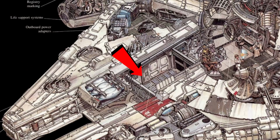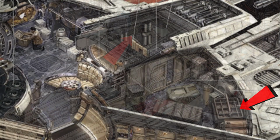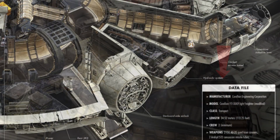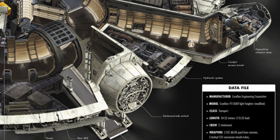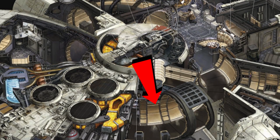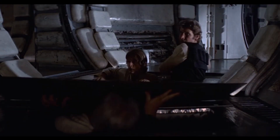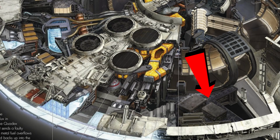The cargo hold starts here, and then filled up this section, which also housed the life support systems and another shield generator. This is right next to the cockpit, which was right in front of the airlock, and which also housed the boarding ramp. This hallway circled the interior of the ship, and was modified by later owners to include secret compartments hidden in the floor. After the ramp we have the rear hold, and we can actually see some of the landing gear,